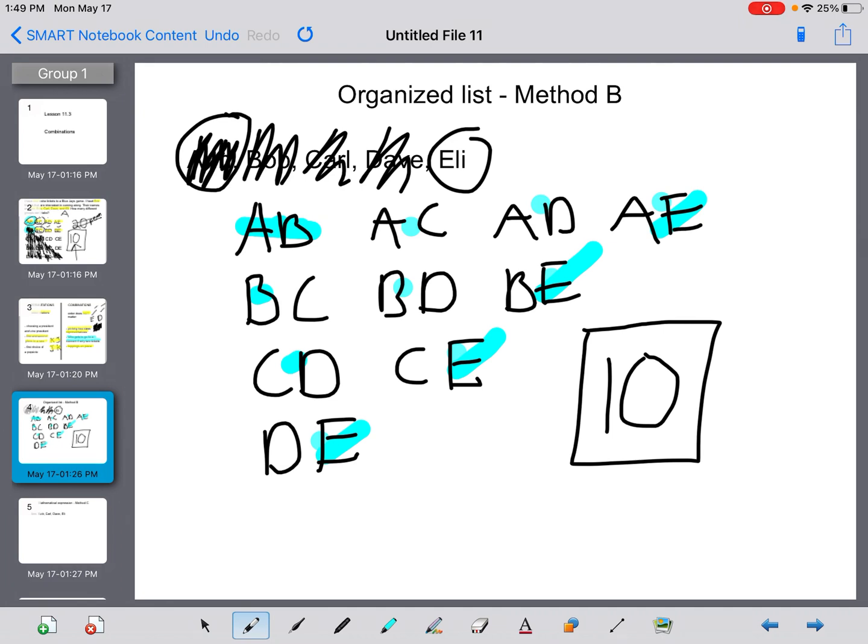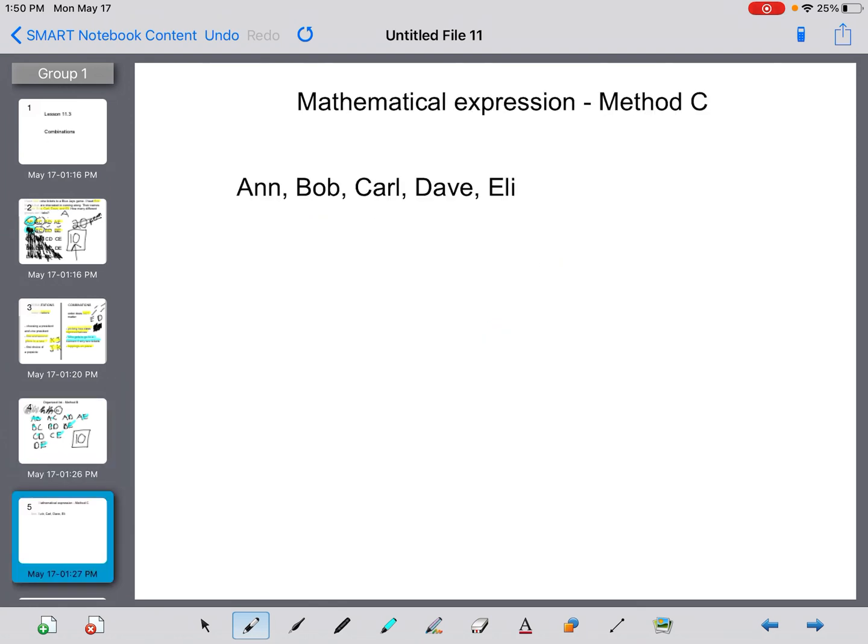Now, just like yesterday, or actually I think it was last week Thursday when we talked about the fundamental counting principle, we don't always want to be drawing out these sample spaces. Like, what if I have 5 tickets to a concert and I have 20 friends that want to go with me? You can imagine how long it would take me to write out a sample space or an organized list. So, thankfully, there's a mathematical expression, and this is going to be method C, that we can use to figure out how many different